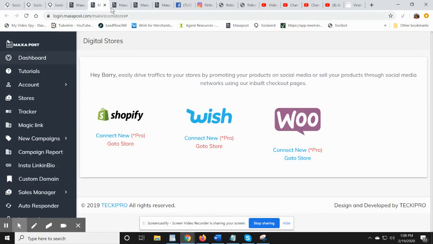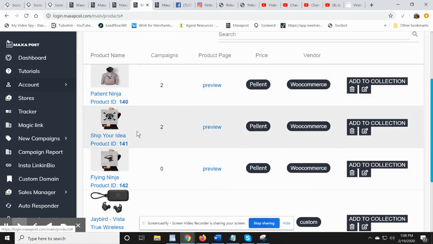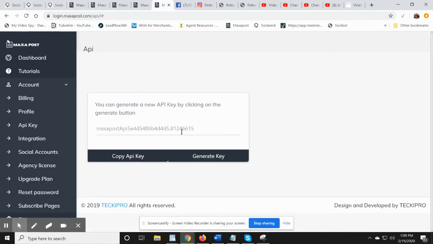So let's bounce back over here and move on to, here's our products. We want to move our products from here because we're going to use them in the system here with Maxapost. Again, there's going to be detailed videos on how to do everything within the Maxapost system, but you also want to move them over to your Socisend side of things. We're going to do that by way of what's called an API key. Now, sometimes API keys can be a little bit cumbersome trying to figure it out. Super, super simple in this system. All you need to do is go to account, go to API, generate key. That's all you do. One button click generates the API key. Copy the key and bring it back over to